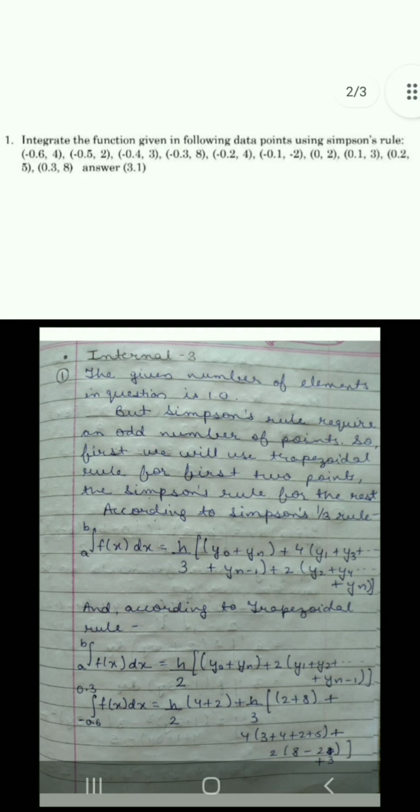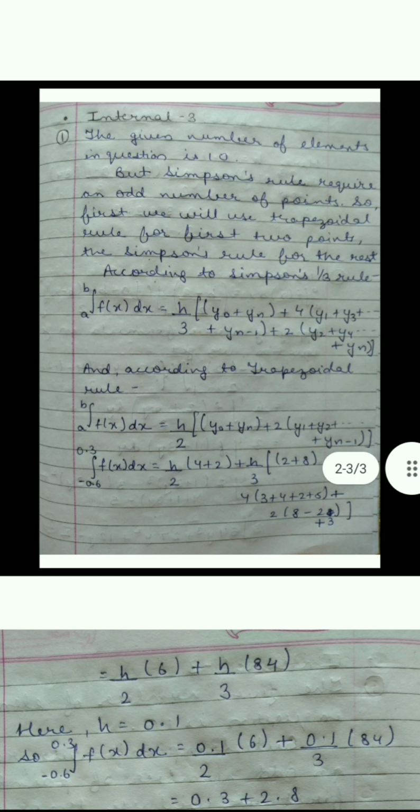Question number 1. Integrate the function given in the following data points using Simpson's rule. The given number of elements in the question is 10, but Simpson's rule requires an odd number of points. So first we will use the trapezoidal rule for the first 2 points and then Simpson's rule for the rest. The formula of Simpson's rule is h by 3 [y0 plus yn plus 4 into odd terms plus 2 into